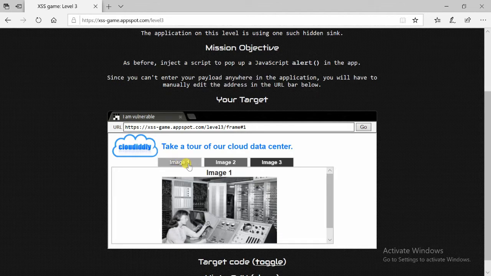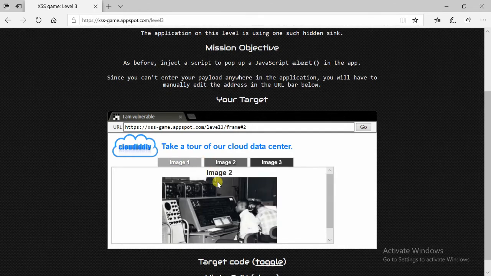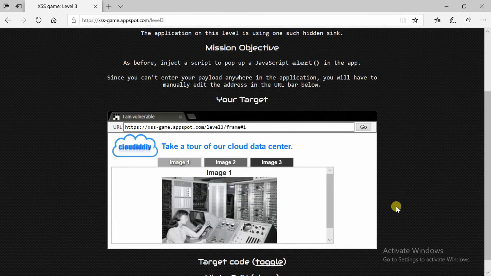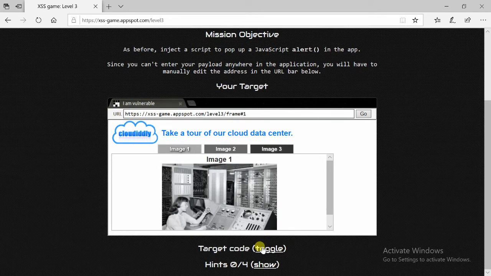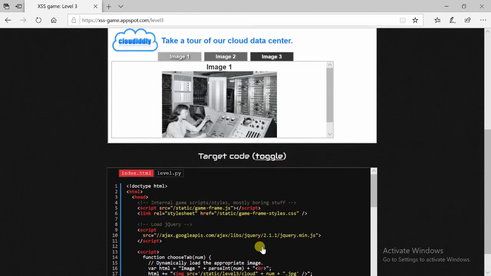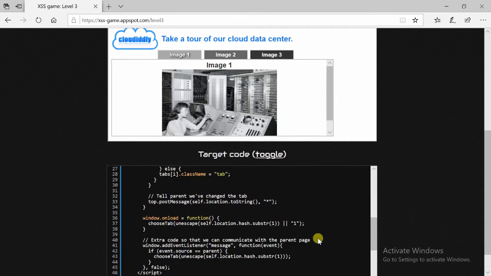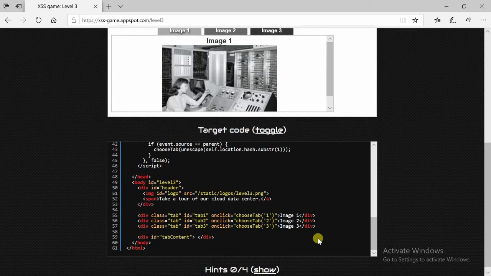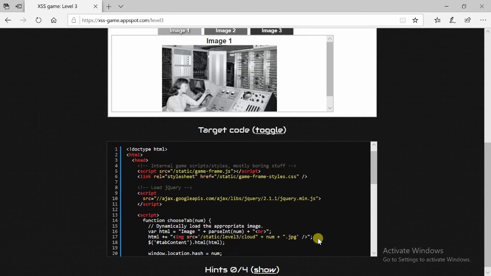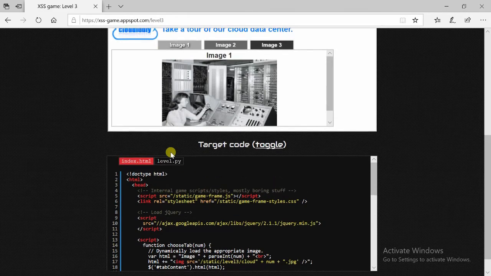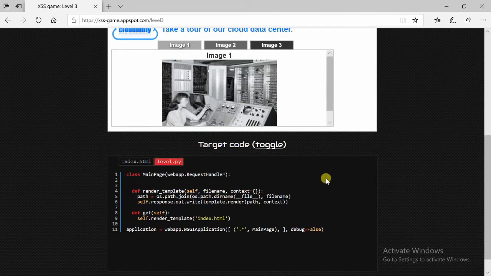If we look into the web page, if we click image 1, it will output image 1. Click image 2, we get image 2, and click image 3, we get image 3. So there is no text field. So we look into the code. Inside the index.html, level.py doesn't tell much. So index.html,